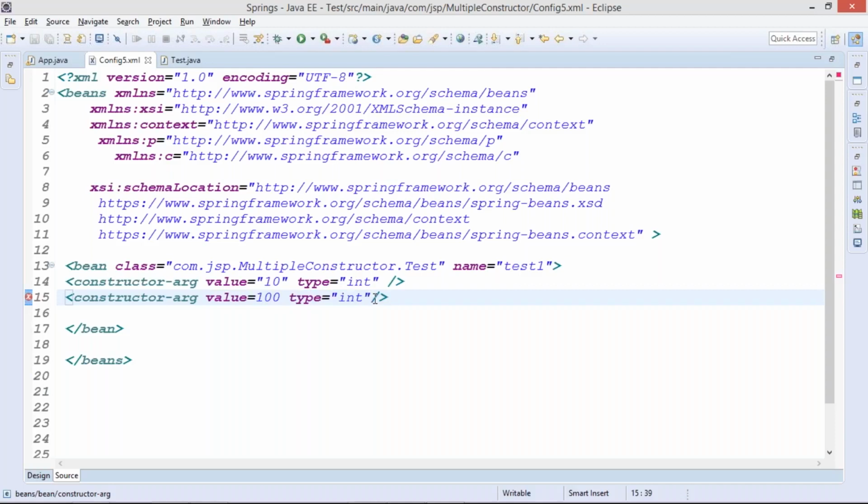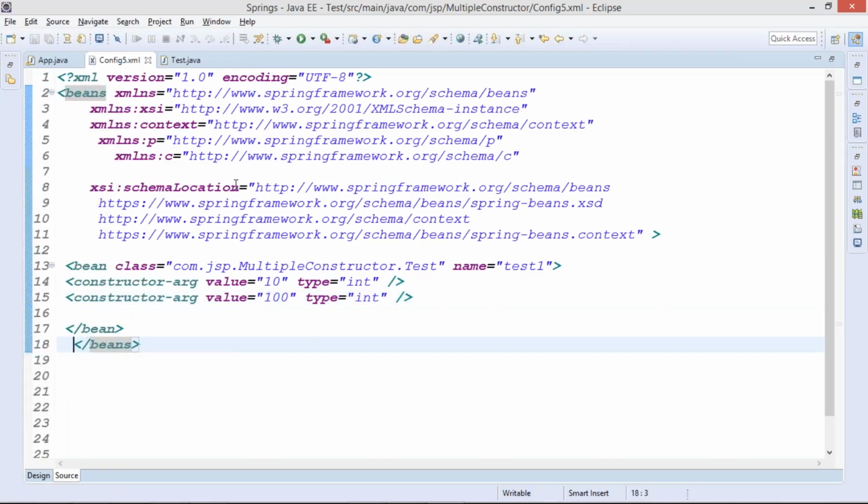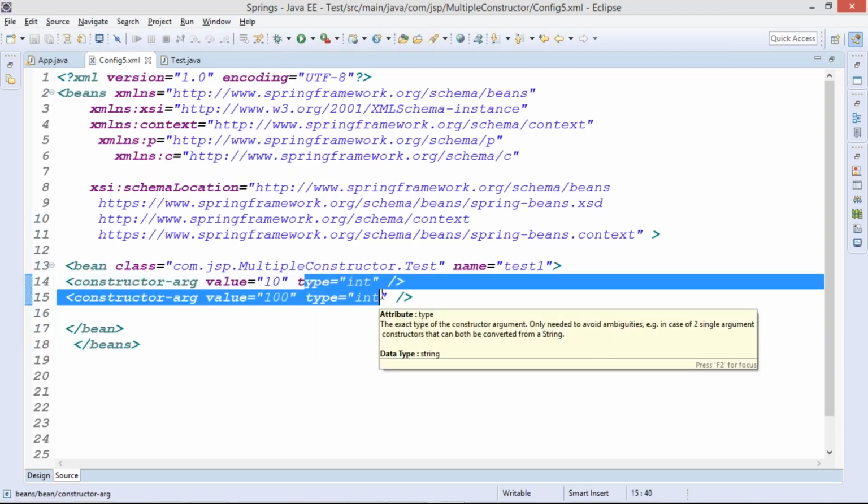So again, in this case, okay, again I'm getting an error. Why so? Just a second, guys. Value of 100 should be in double quotes, sir. Okay. Yes. So this time compiler will get to know and it will execute the constructor which is accepting integer and integer